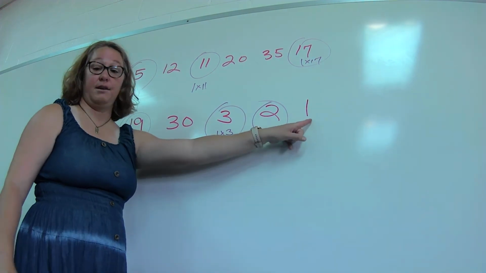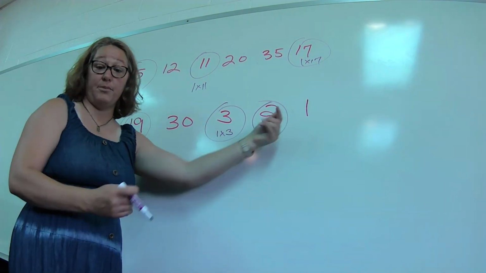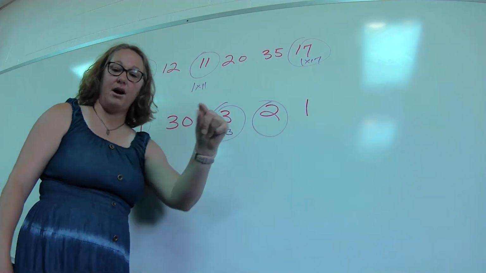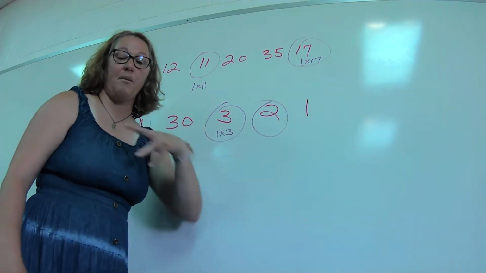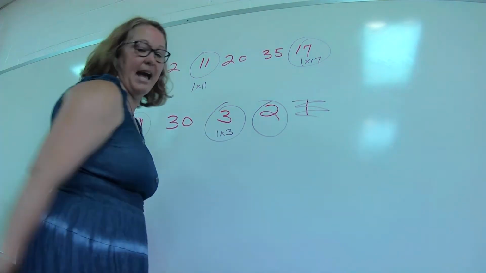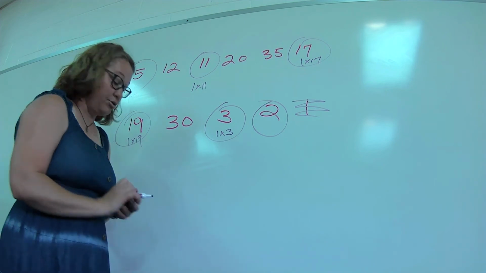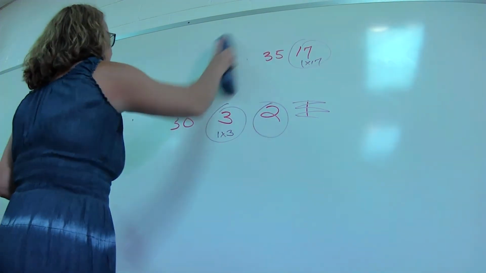And 1. Do we circle 1 as prime? Because only 1 times 1 equals 1. No. 1 isn't prime and 1 isn't composite. It doesn't count. Alright, so we're going to divide by using the prime numbers or deciding if our number is